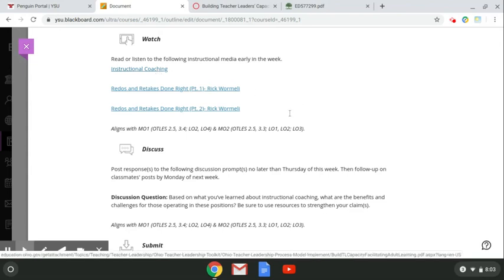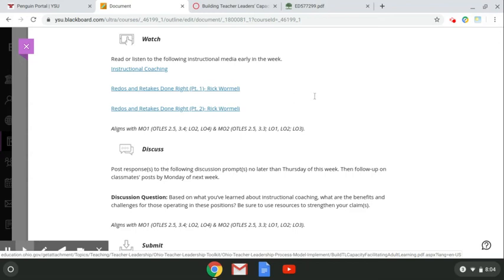Now, when we think about the target up at the top, the module objective, looking at how we can help others improve, some of the things that we need to start stepping into are things like instructional strategies. We need to talk about assessment. We need to talk about grading practices and things like that. And I wanted to throw some of that in here throughout this course as well.